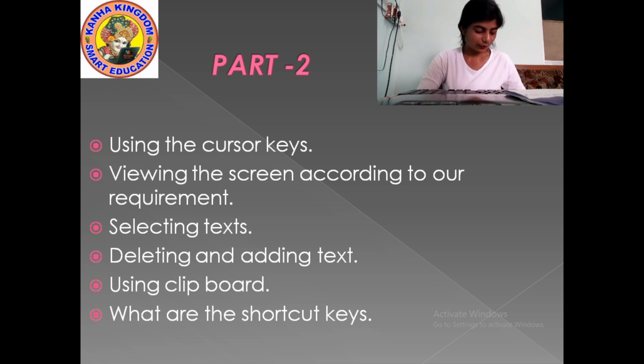Then you learned how to view the screen according to your requirement, how to select text, and then deleting and adding text using the clipboard and the shortcuts. Then what were the steps to use these cursor keys?